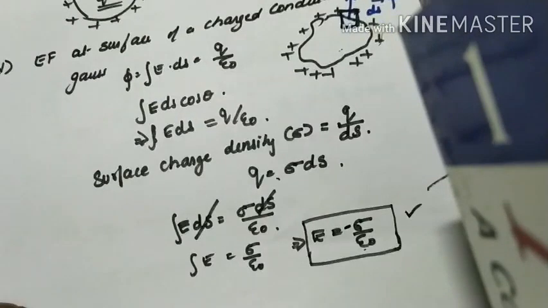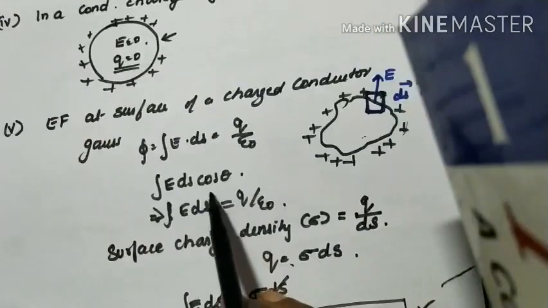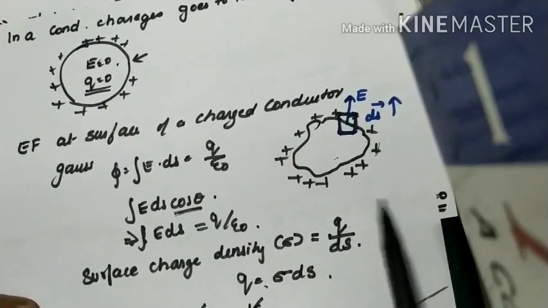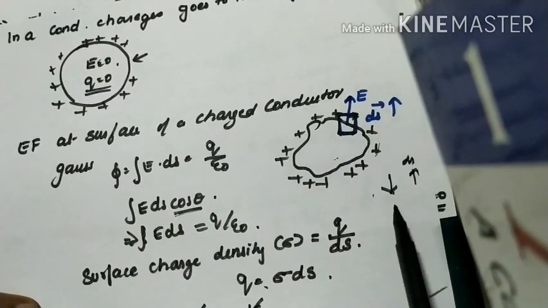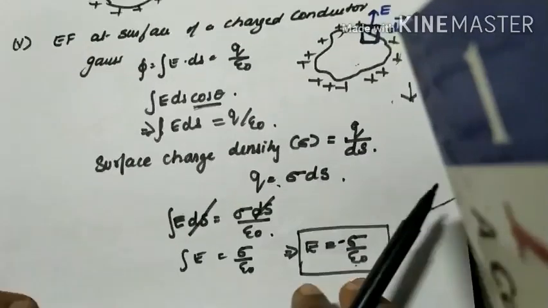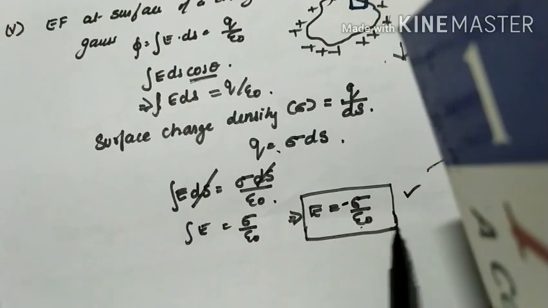Why? You guys can answer it by yourself. Try to solve it by yourself, because the theta becomes different. The E will be in the downwards direction, ds will be in this direction. Take your time, find the answer by yourself. Right, I gave you the answer. Try to achieve how the answer is minus. Try to find it by yourself.